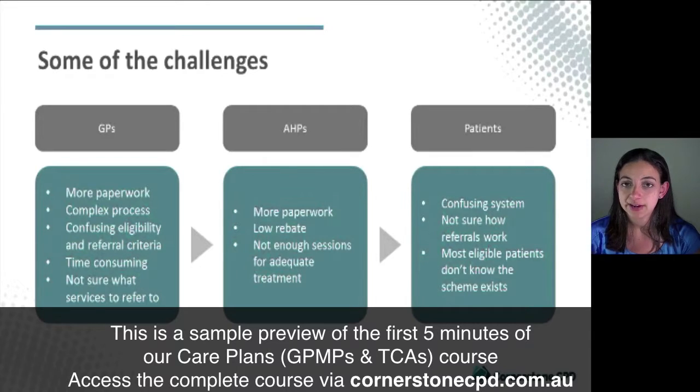The rebate that they get is actually quite low, and for a lot of disciplines, is actually not enough to provide a viable consultation. So in many instances, providers are actually losing money by bulk billing services under the Medicare allied health professional sessions. The other challenge is there's not enough sessions for adequate treatment. So not only do we only get 5 sessions in a year, in a calendar year, and we'll go into this in detail, but a lot of times those 5 sessions are not enough, especially when we have a patient who's already quite complex,